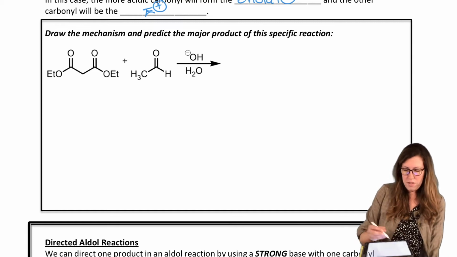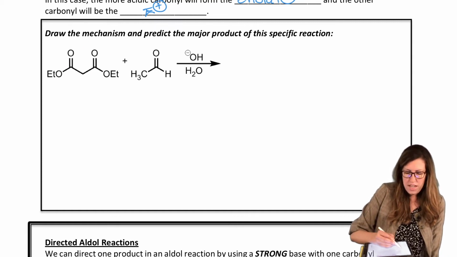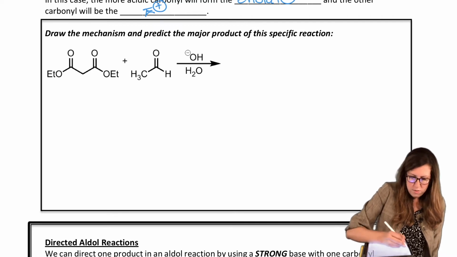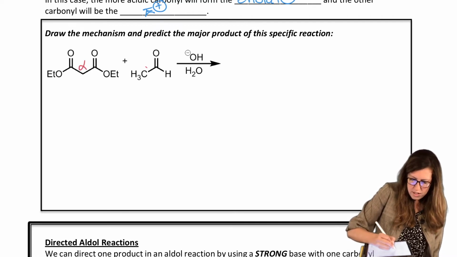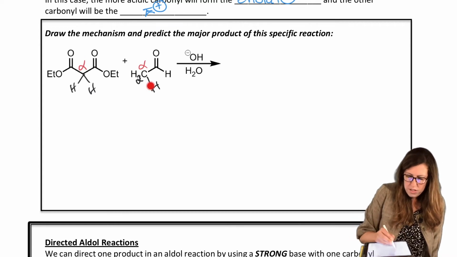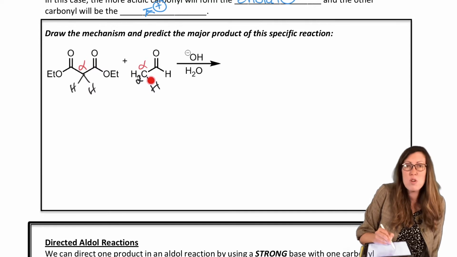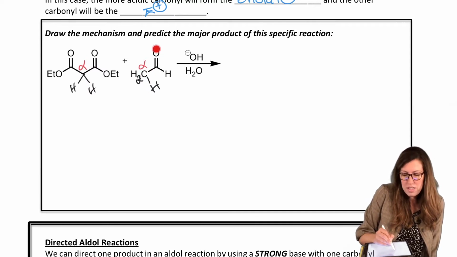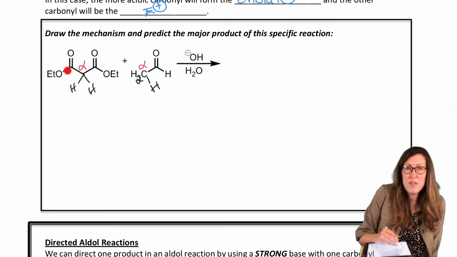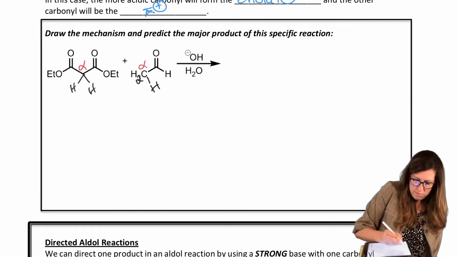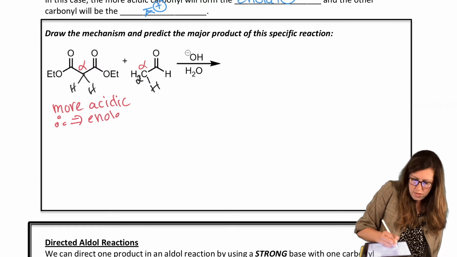So here's an example where we see this happen. In fact, this is kind of a favorite substrate. Notice our alpha H, or alpha carbon. We'll find our alpha carbons, go look for them. Here's our alpha carbon here, here's our alpha carbon here. Notice the H's we're comparing. And I'm going to draw 2 and draw 1 H off. Which one would you rather take off if you're a base? Well, this one's more reluctant to give up its proton because it only has resonance one way, whereas if this one gives up a proton, we have extra resonance between these 2 oxygens. So this is much more acidic. Therefore, this is the enolate, i.e. nucleophile.